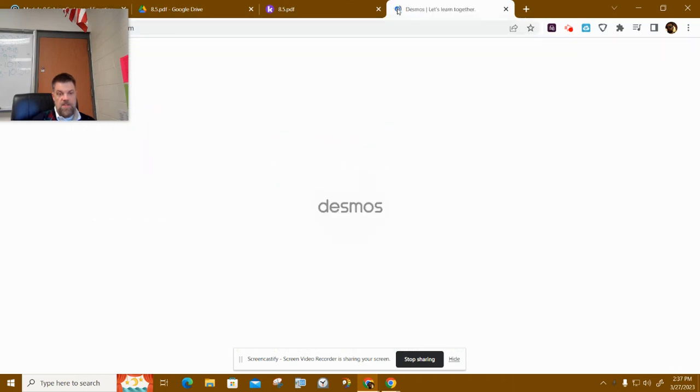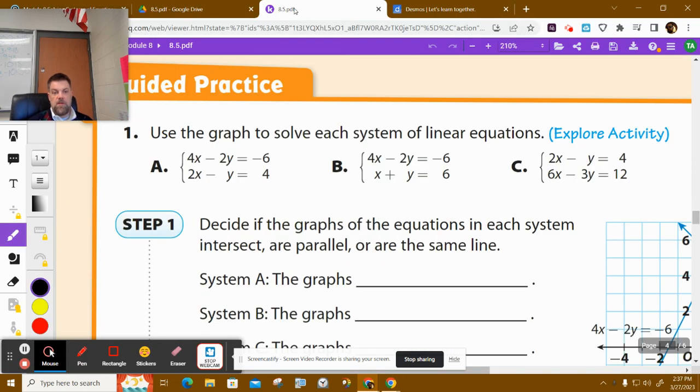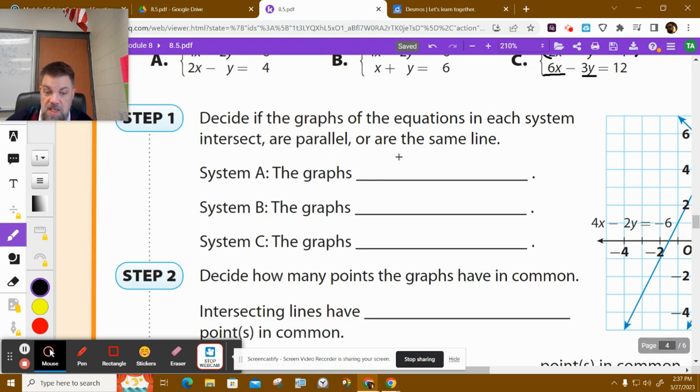All right, so for this last one here, we have some equations. As I stated before, if you could do a scalar multiplier of one to get the other, then you have infinitely many solutions. In other words, if I take this one and I multiply by 3, what's 3 times 2x? 6x. What's 3 times negative y? What's 3 times 4? 12. So system C, the graphs,